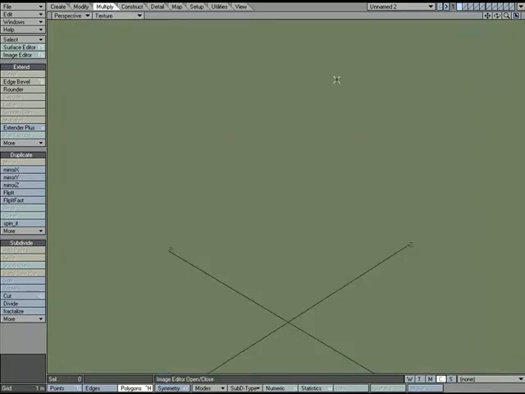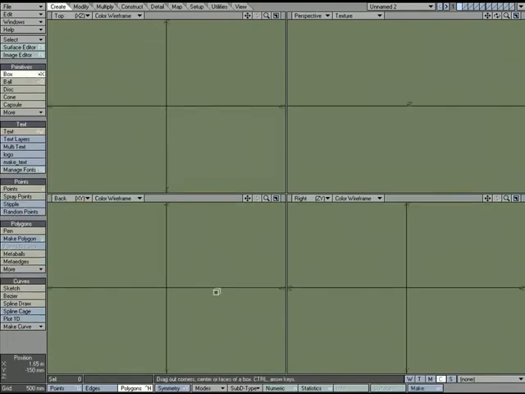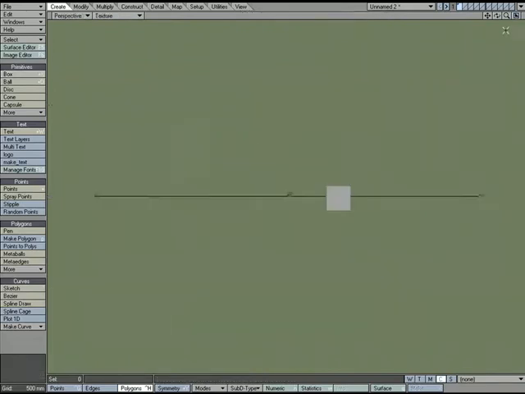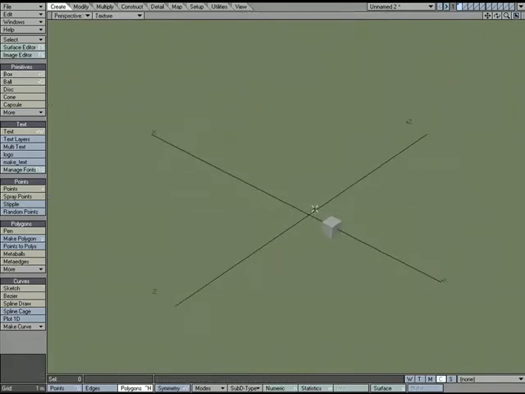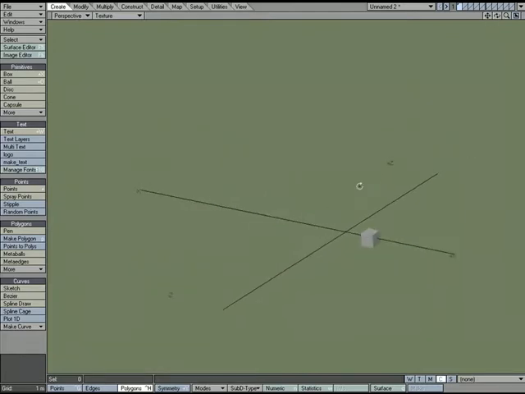So let's go ahead and hop over to creating a box. So I'm just going to create a little box shape here. Okay, we'll go full screen. And there's our origin, and there's our box. I'm going to move it out of the way so that we can work with it